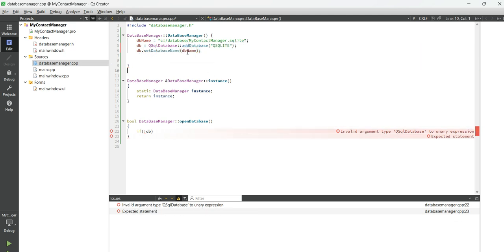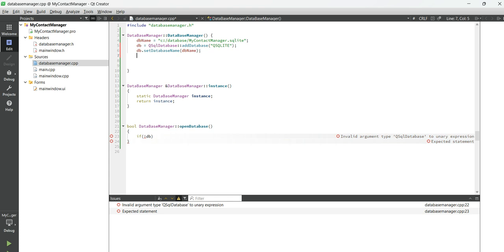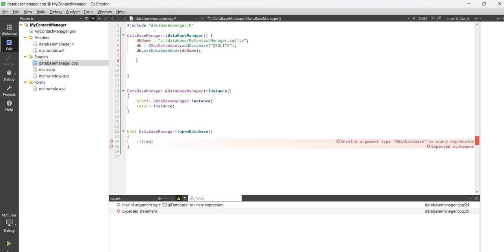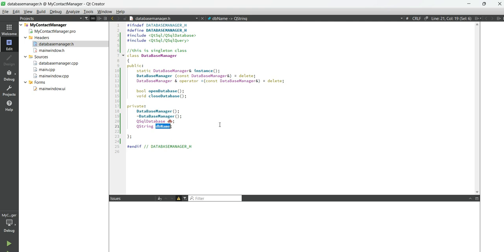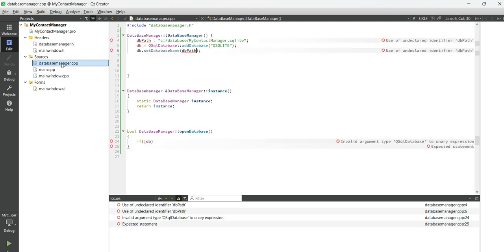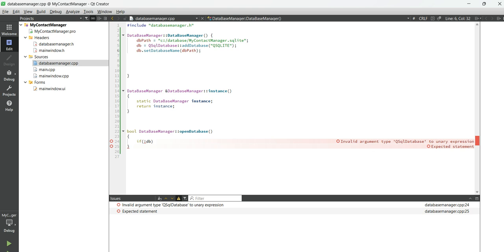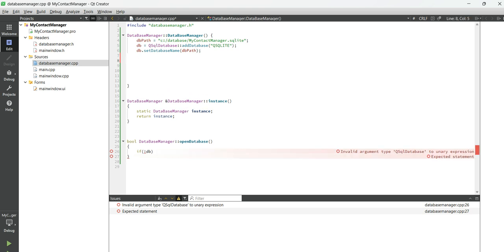DB name we created here, this one at line number 4, and then database name, or we name it database db path, because it has full path also, path, and then header file also we can change the db path. We'll go here db path, and before